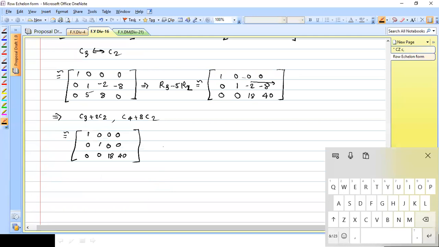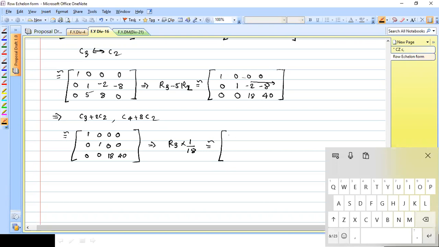What is next now? 18 in C4 plus 8 C. So what you want is for this element to be 1. How to make this element 1? Sir, divide by 18. Not divide. Division is not allowed, so you need to multiply by 1 upon 18. Someone is saying, sir, it is one and the same thing as division. But in row operations, if division were allowed, then one could divide R2 by R3 or R3 by R2, and that is not a valid operation. So don't always write R3 into 1 divided by 2. It is one and the same thing; we are actually doing division, but in a different way.